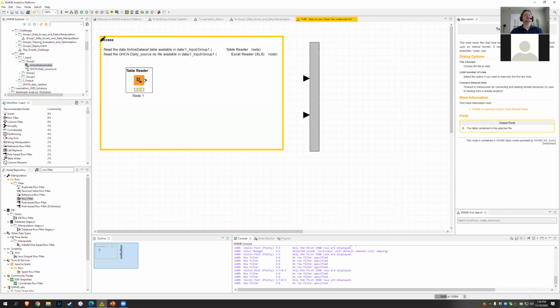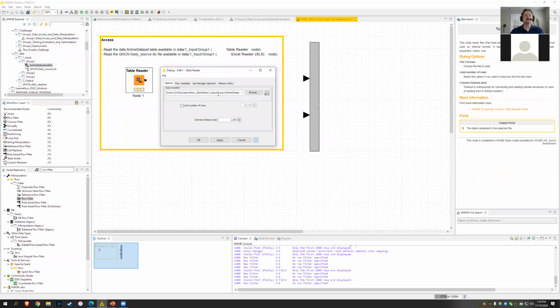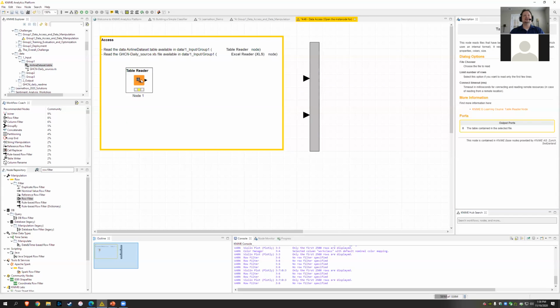So this first one is a table file. It has a table extension. So Nime knows that it needs a table reader to process this file. What is a .table file? Well, it's basically just Nime's proprietary binary representation of a data set. And the nice thing about it is when you read it in, if I double click on the node to configure it, I don't have to provide anything except the path to the file. In fact, when I execute this node and look at the results,